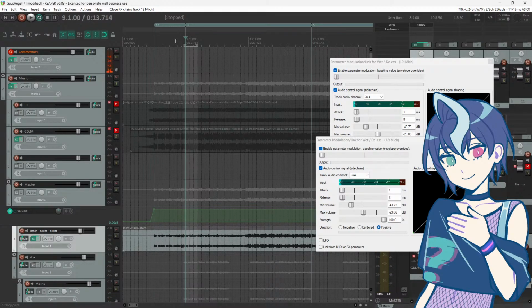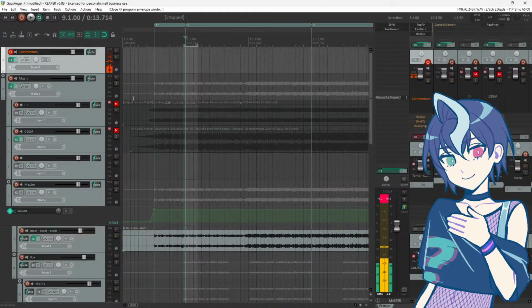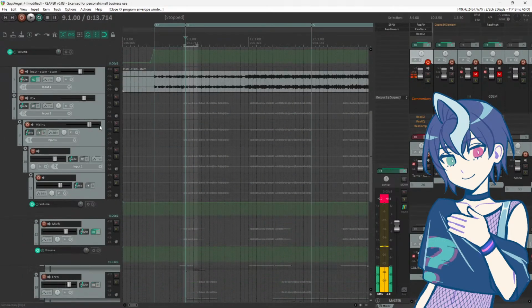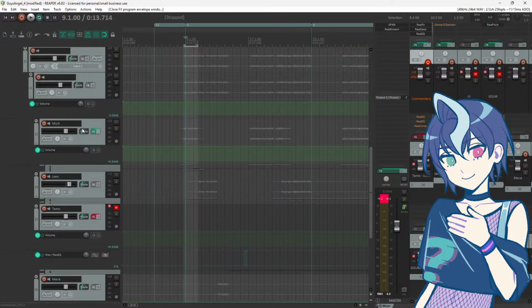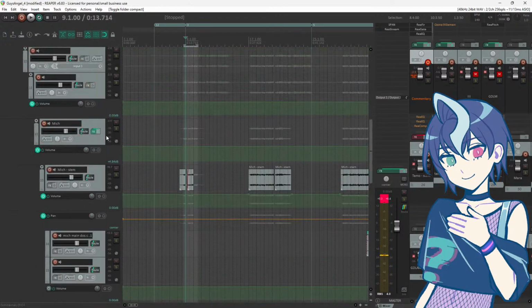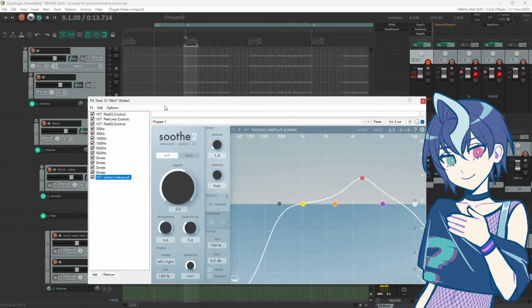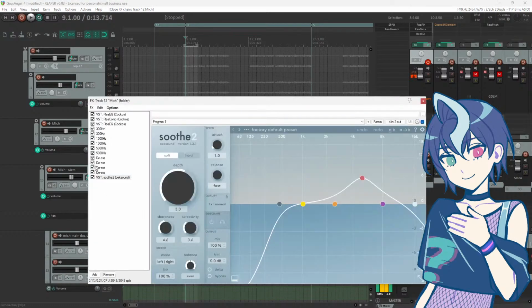So I don't know. I think it's fine to have a little bit of piercing frequencies, because it kind of gives it character. It doesn't make it too processed sounding. Or maybe it does. I don't know. It makes it slightly less processed sounding. Okay, so that's what I do to that. Something I might end up doing is